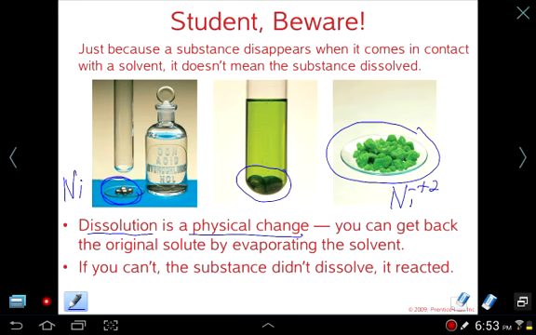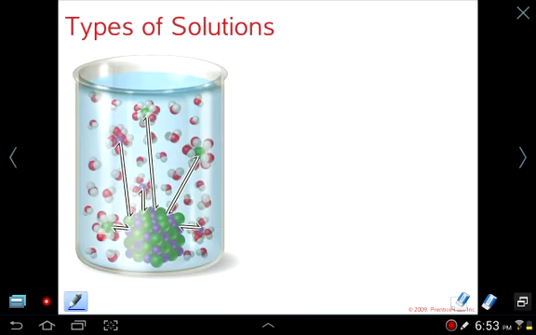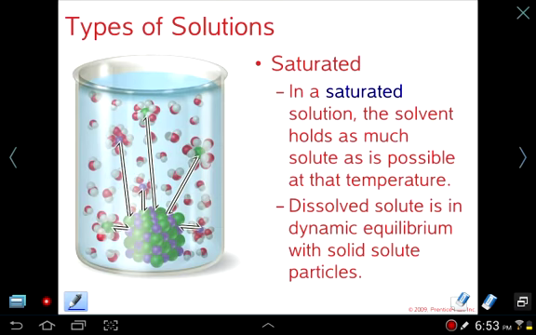So watch out, not every dissolution is a real physical change. It could be a chemical change like this. Okay, let's talk about three types of solutions. We have a saturated solution. Essentially what this means is that the solvent holds as much solute as possible, so no more can dissolve, is